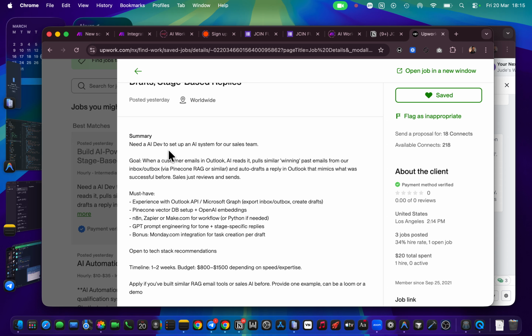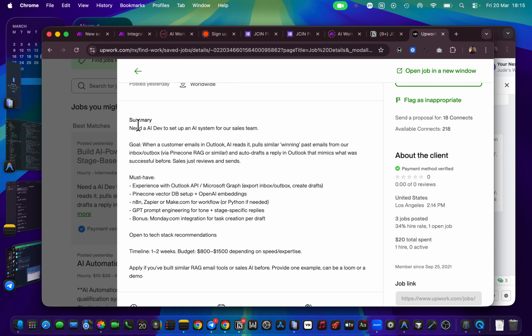Imagine a business owner coming to you now and they drop this, or you use Upwork and you are given this kind of job and they are telling you, we need an AI dev to set up AI systems for our sales team. I want to point something out now. This is one of the reasons why I feel like I still want to be with you guys even after this boot camp, which is because there are some of these things that are just fluff. Not exactly fluff, but it's like hype. Some of this word "AI dev", anybody doing this thing already is an AI dev. You don't need to stress yourself.